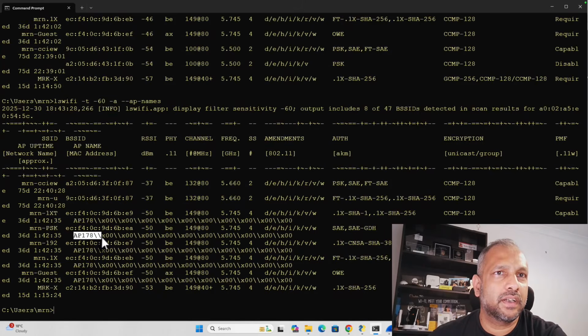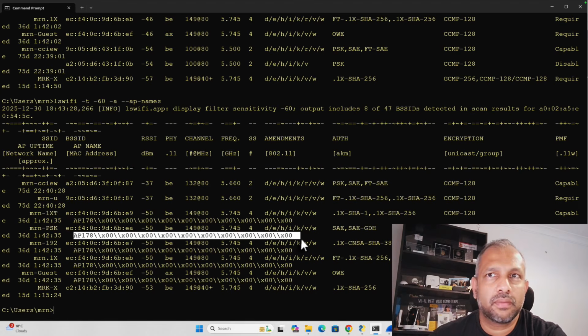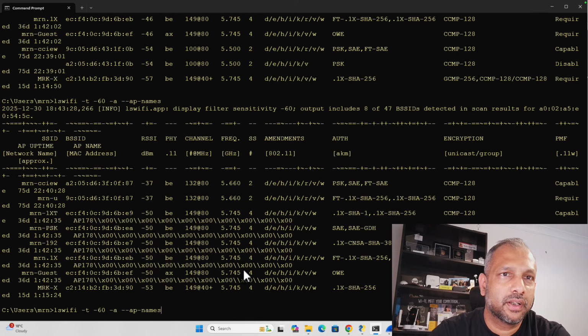Okay, you can see here this is the AP name. I know this is my AP number 178. That's my Cisco AP name. Probably some other additional information appears there. Probably I need to check what exactly this information is. But if I want to check 6,